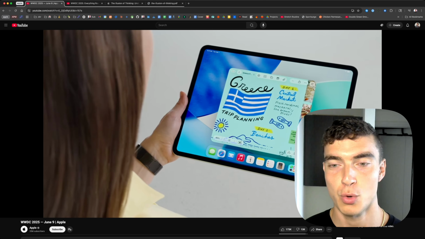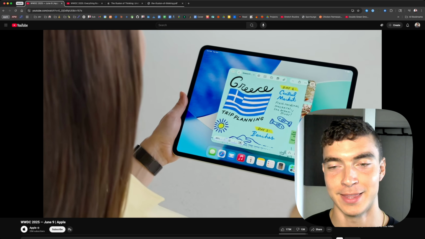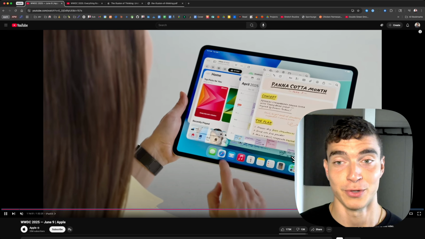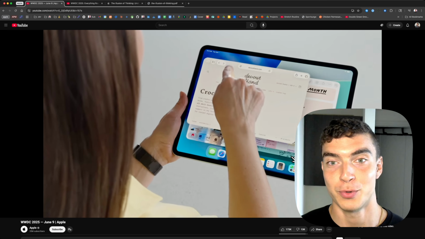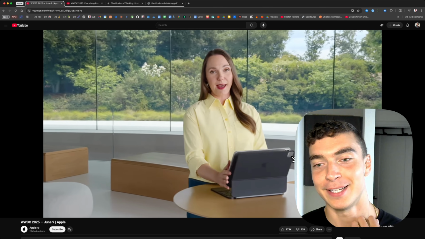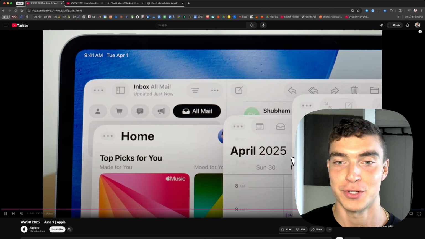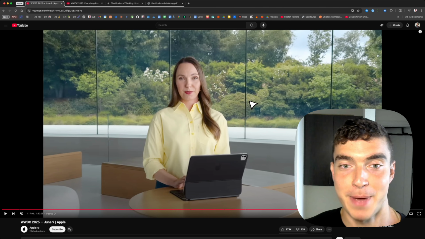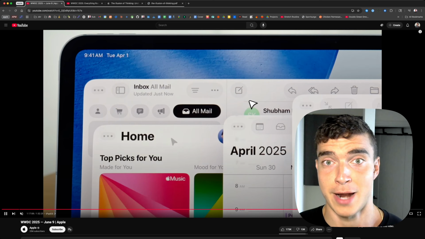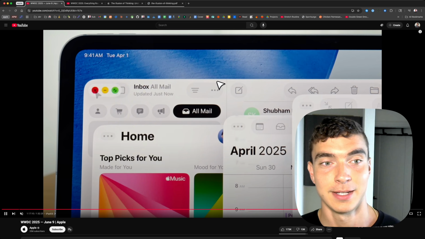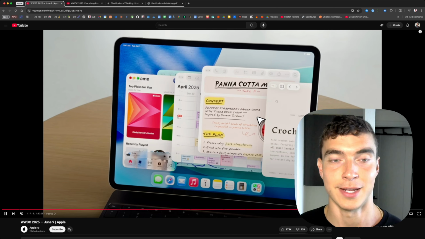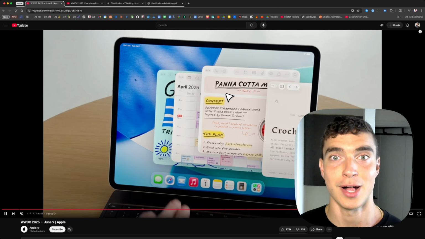iPad has a new windowing system, as you can see in this demo. I don't own an iPad, but for some people, it's their daily driver. This looks pretty cool. Honestly, I like it. It's just like a laptop, probably overdue for navigation and organization. I have a million windows open at once, and if I had an iPad, that would annoy me. I guess I know how they did that. Why it was overdue for so long, I don't know. But cool feature nonetheless. So iPad users, y'all are eating.